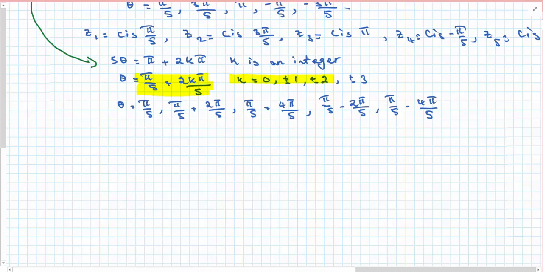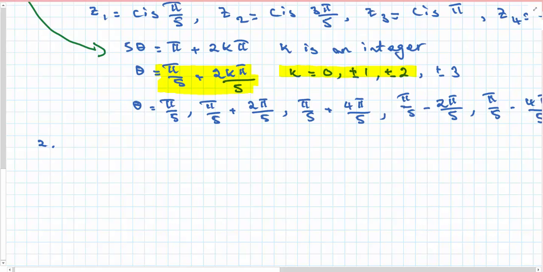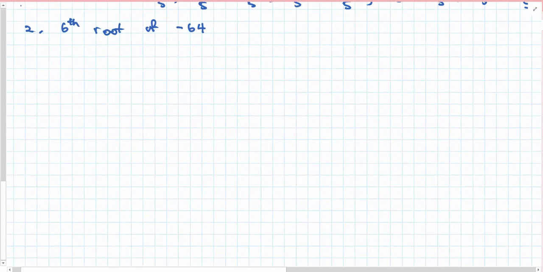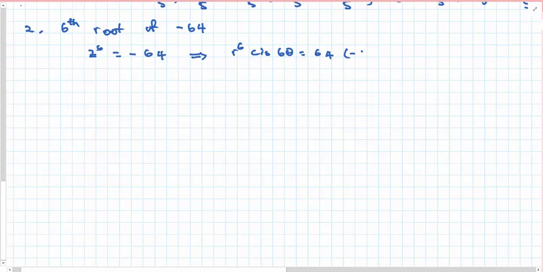So let's look at the example where we want the sixth root of negative 64. As before, we are going to start off with z to the 6 equals negative 64. And as I did last time, I am going to replace this with r to the 6 cis 6 theta, and I am going to rewrite this as 64 times negative 1,